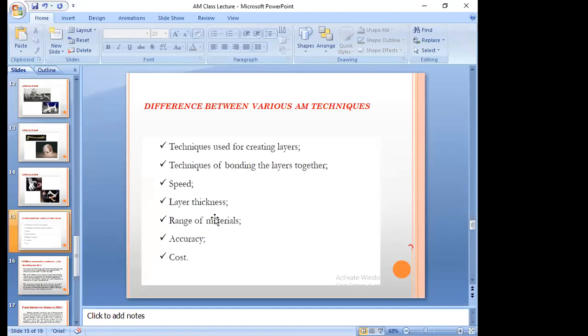So accuracy level is also an important factor. If you are going to produce a knee joint for a human body, and you do not maintain the right tolerances and limits, it may not be suitable for the application or the human body.